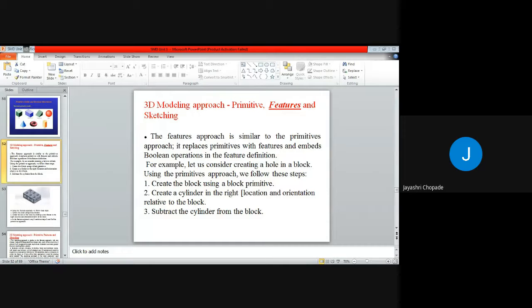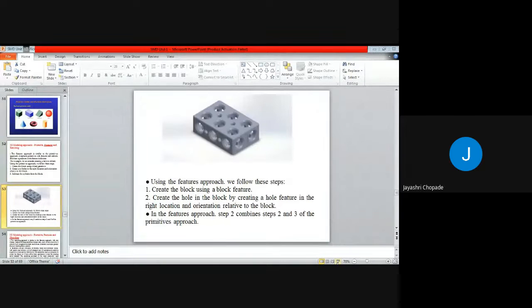First of all I have to create a circle with the help of sketch, and then we'll make a cylinder with the help of 3D model, and then we can subtract the cylinder from that block. So that is the feature. It means we can create another geometry in features, or we can add any other thing in the geometry.